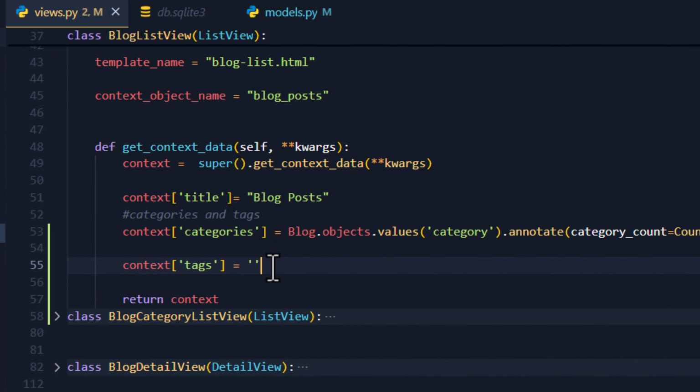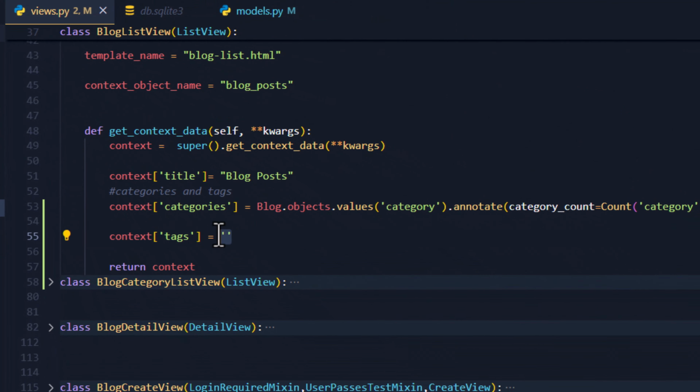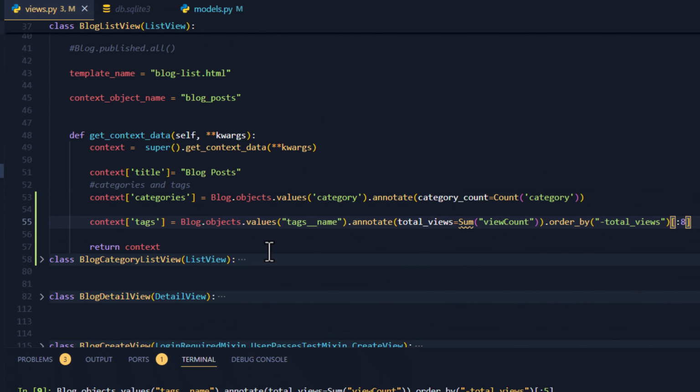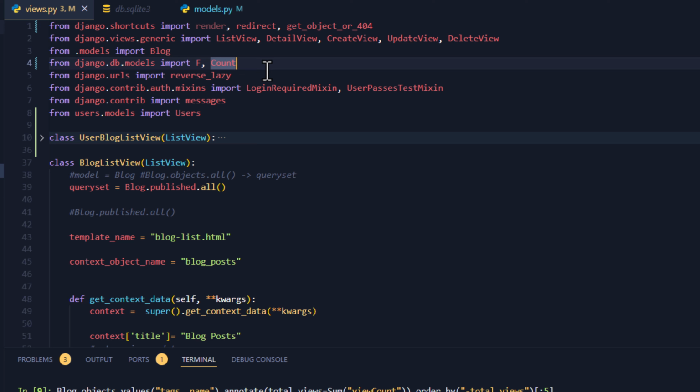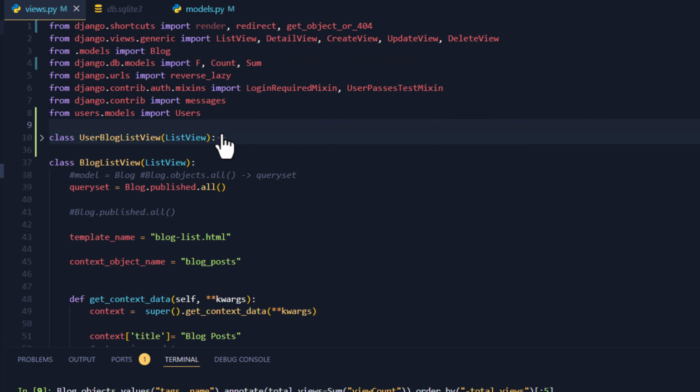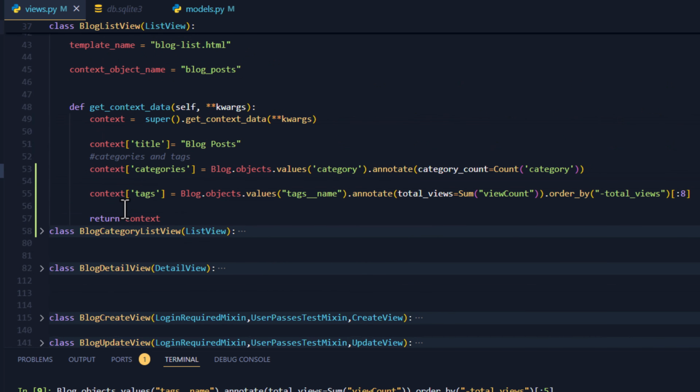So where we have our tags, let's paste it in over here. And we need to import Sum, and that's from django.db.models. You have Sum. So our context tags, blog objects values, that should work. Now the next thing to do is to add this in our